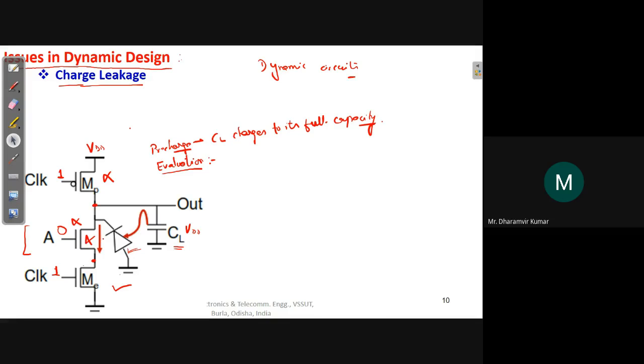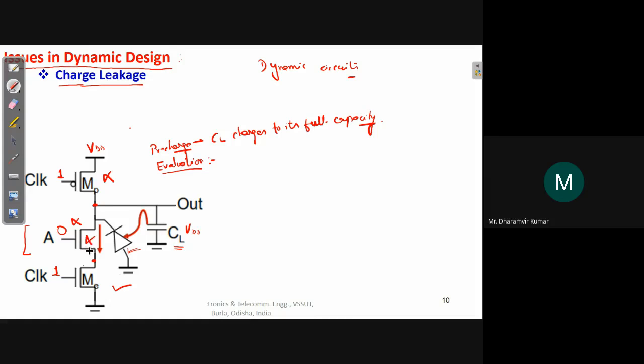Also, when this NMOS is not conducting, even then there are some leakage currents flowing between drain and source. So what happens is that when the clock is 1 and the phase is evaluation mode, even though this NMOS is not working,